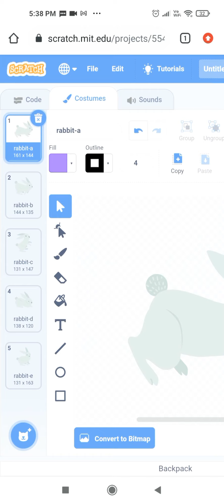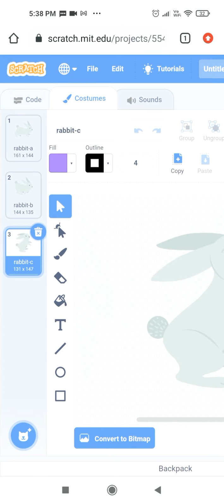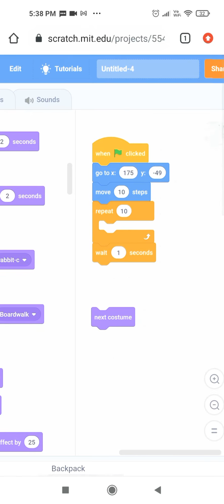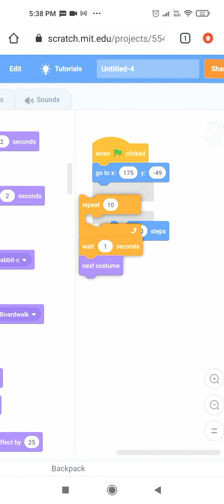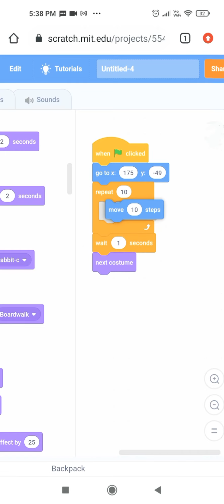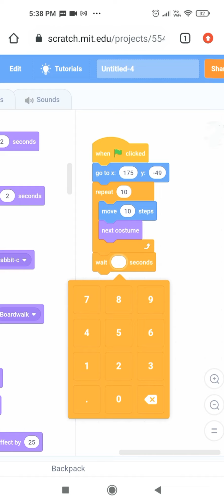I'm going to delete some costumes. I'm going to delete this and this. Let's check how it's looking after deleting these. And I'm going to get this move, repeat over here, move 10 steps here, next costume over here, and wait 1 second. We have to change it into 0.5 seconds.